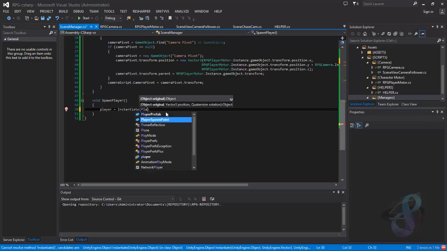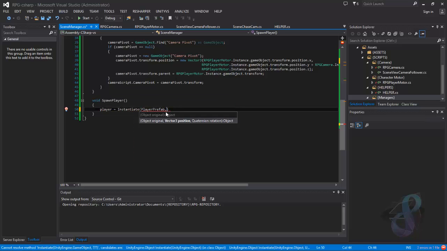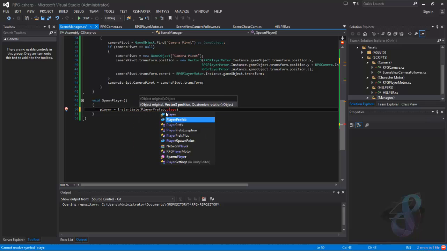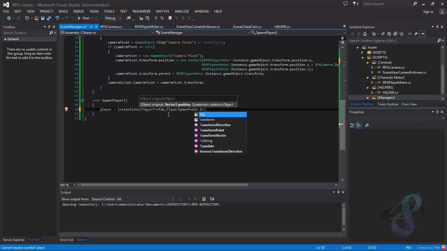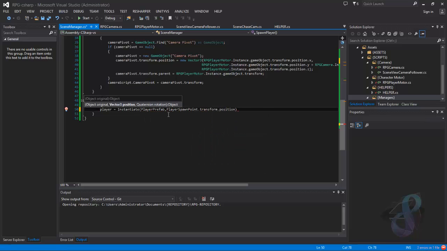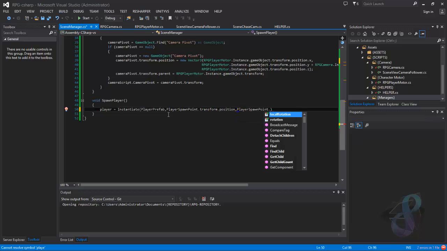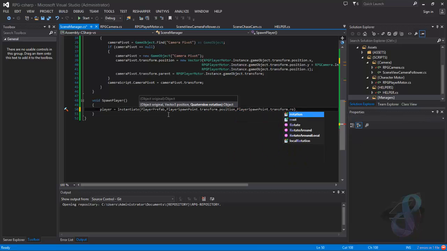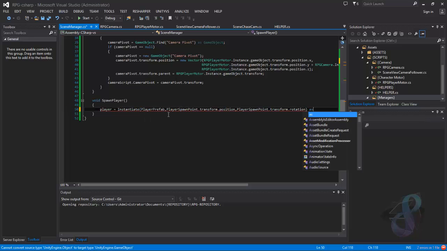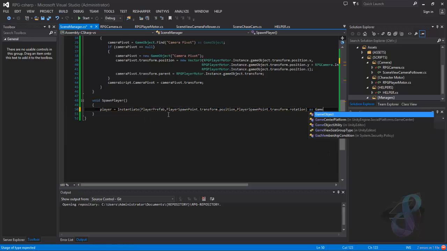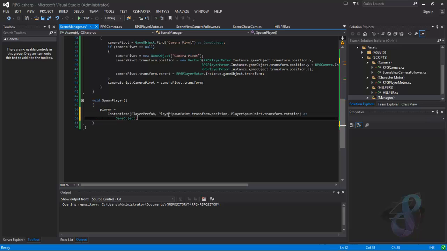It's player prefab. Position, it's player spawn point dot transform dot position. And orientation, it is player spawn point dot transform dot rotation. Okay, and we add as game object here. So we instantiated the player,